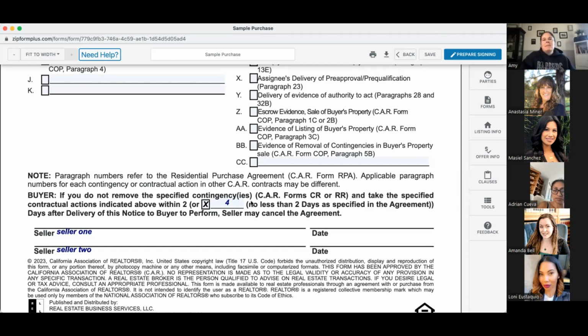But that allows me, if you don't remove it on that 4th day that you've asked for, to cancel right then. Whereas if I would have signed the extension of time, now I would have had to wait 2 days to serve the notice to perform for them to remove that. So this alleviates that. Oftentimes, just so you know, most of my listings, I do not approve extension of time addendums. It just prolongs the process. I might give them more time, but I'm not going to put it in writing. So you can adjust that, but otherwise you have to give them 2 days